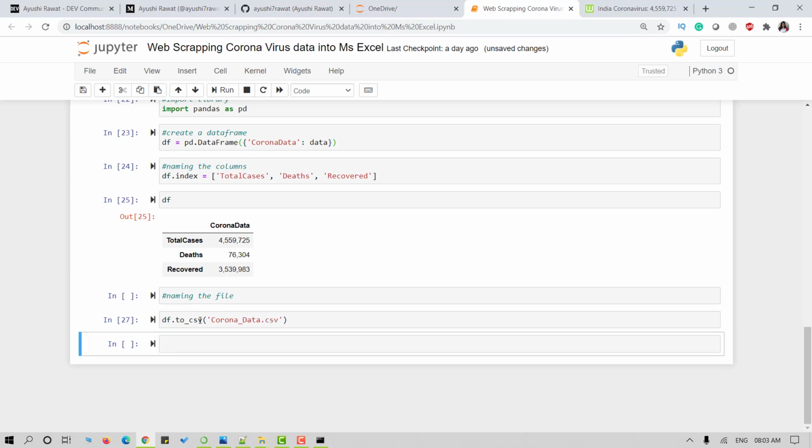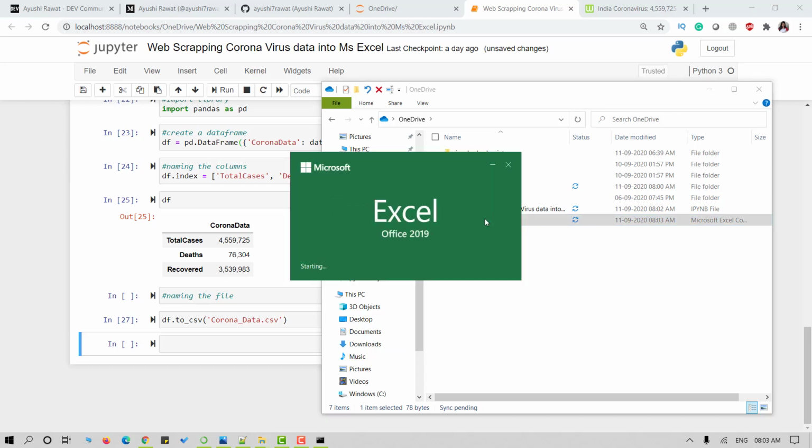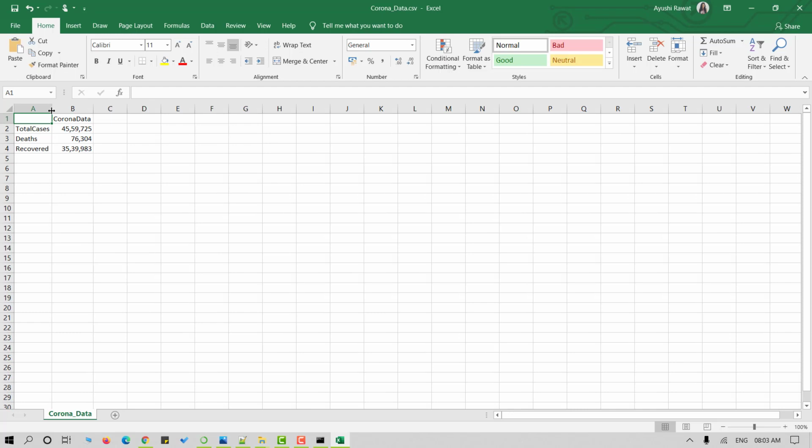Now we should find a file named corona data in the same folder. Here it is. As you can see, our data has been successfully exported to an Excel file.